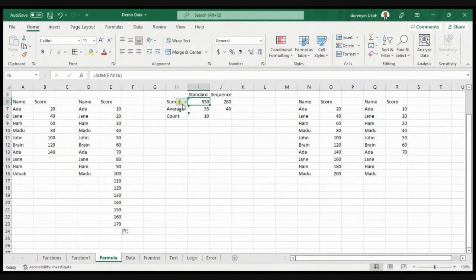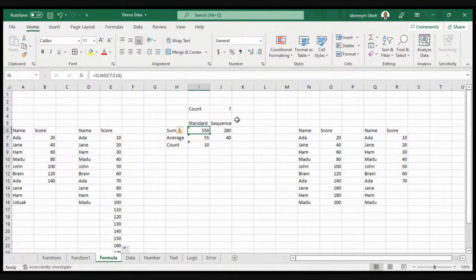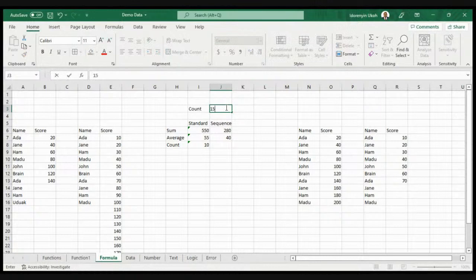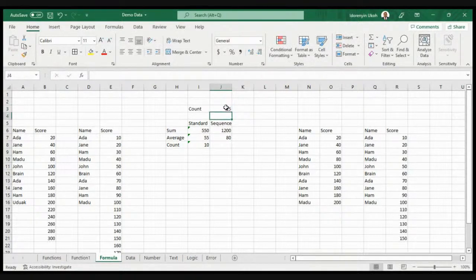So it's telling us that there's a rational number adjacent to it, giving you that signal that this information now is wrong. You understand? But if you're using the sequence formula to do your calculation, you just need to change your count. No matter what count you change it to, you notice that it will just calculate and auto-populate your scores for you.